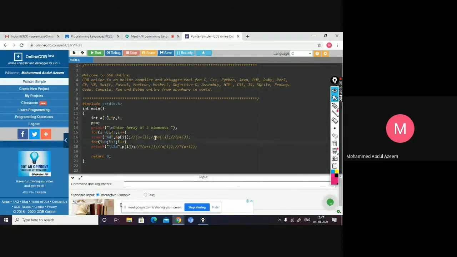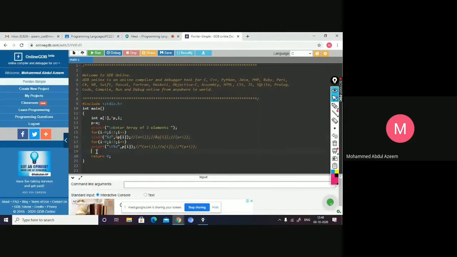And then you can access it through ampersand A of I. This one you were using earlier. In the first stage you may have used this ampersand A of I to access the array element while accepting the values for that array. So here, in addition to this, I can use ampersand P of I or A plus I, or I can use P plus I. Whichever of them you use, you will get the same kind of result.